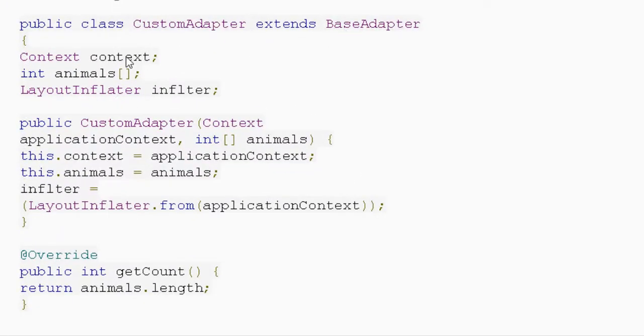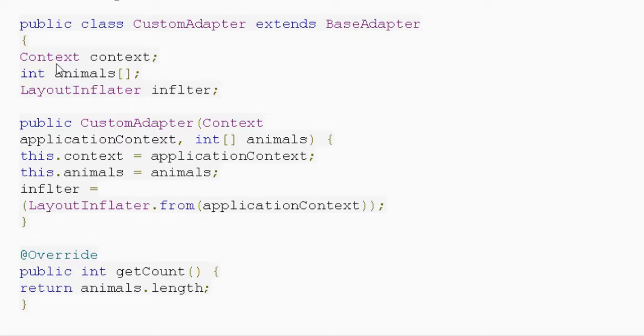Now see here. Here the context of the particular class is manually defined: Context as the instance variable, Integer with the animals array, and LayoutInflater with the inflator. We need to define these parameters first, and then replace them with our existing parameters.